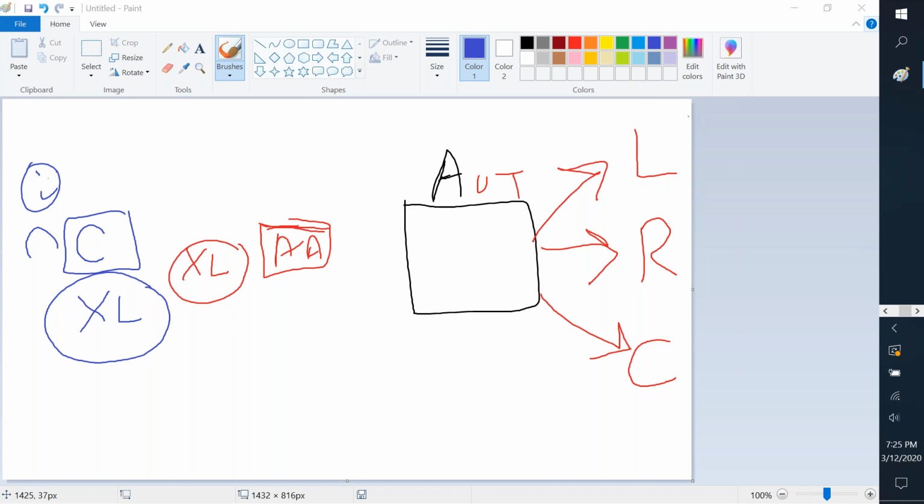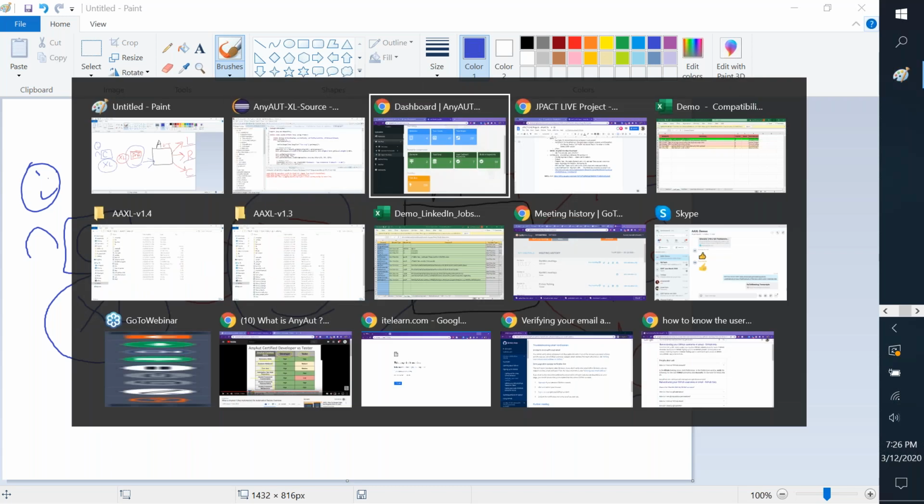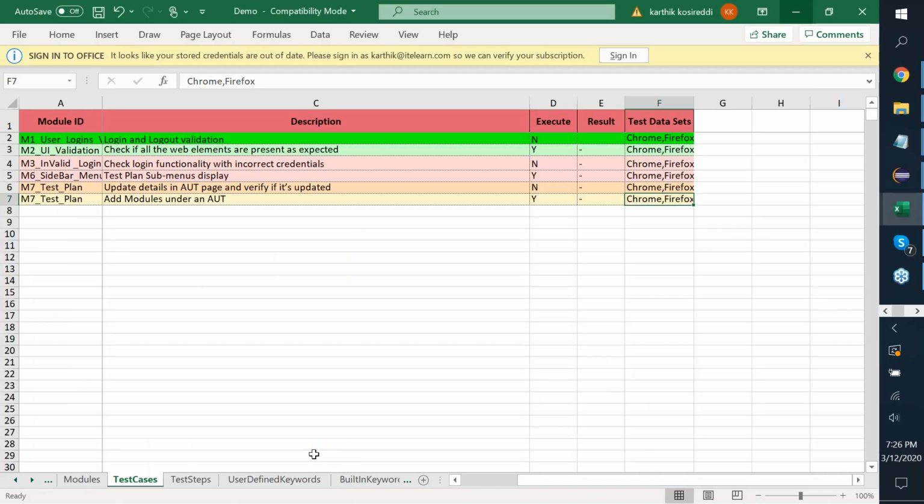So this approach for us, where I can put it into a cloud, a web-based UI, or an Excel sheet for me to maintain, and then I have AnyAUT do that execution for me and drive it on the application under test, on a local, remote, or a cloud machine again for execution. That is the journey. So to look at the same thing from an Excel template, it is divided into predefined